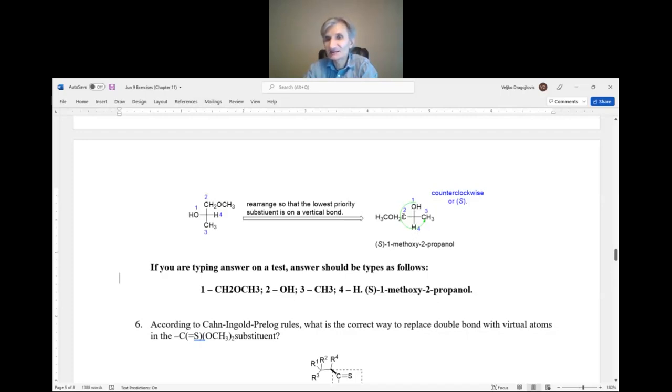And you simply look at 3 substituents that form 1, 2, 3 array, whether it's clockwise or counterclockwise. And in this case, it's counterclockwise, so that's S. And when you are typing the answer,